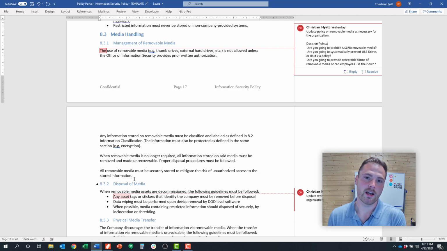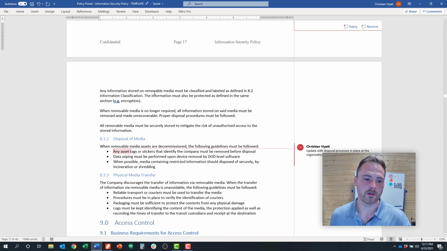Do you want to block those sites, or do you want to allow them but specify that the employees can only do that with, like, personal information? And those are all complex because they change the culture of the organization. If you're used to letting people do that kind of stuff and you take that away, sometimes it's controversial in organizations. So you'll see in our policy here, we outline some of those decision points.